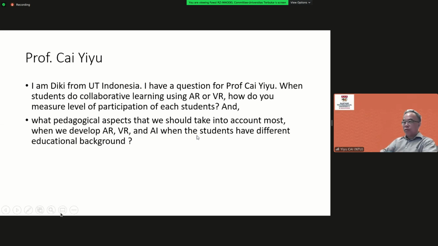We have been doing technological development and pedagogical development as well as content development. Our students now in NTU, from different schools, engineering, science, are using this virtual augmented reality classroom for their learning.